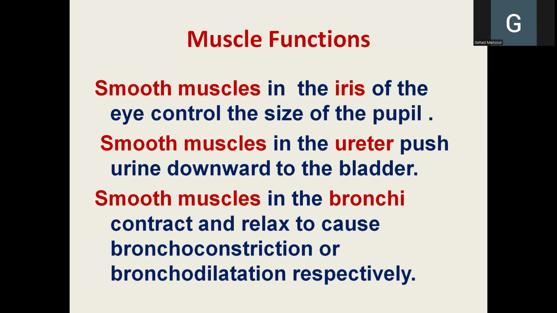When the smooth muscles in the bronchi, in the respiratory system, contract, bronchoconstriction occurs, and there is diminution of the air that goes to the alveoli or the air sacs. On the other hand, if those bronchiolar muscles, which are smooth muscles, dilate, there will be bronchodilation and increased passage of air to the air sacs. This is a physiological process. This is a normal process to regulate the air that passes to the air sacs.